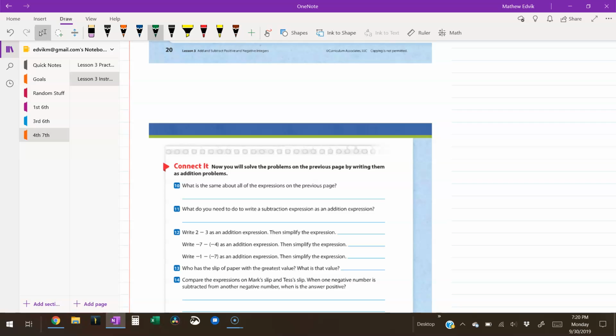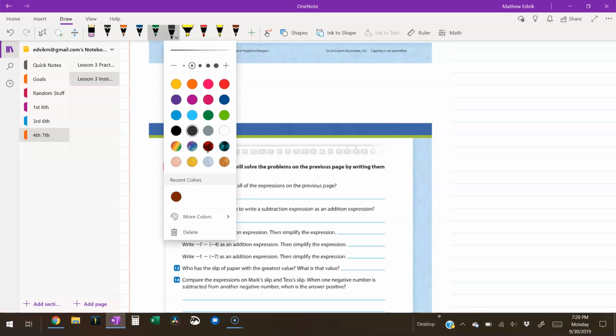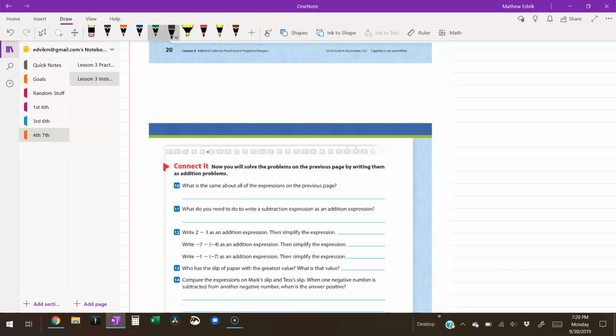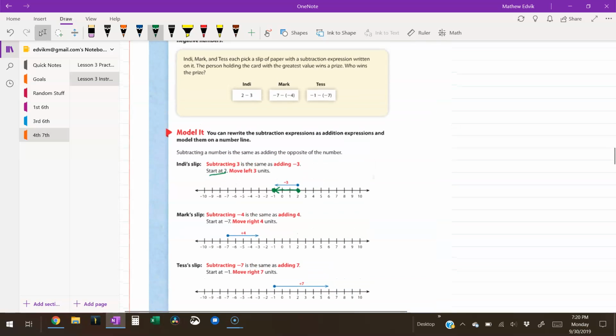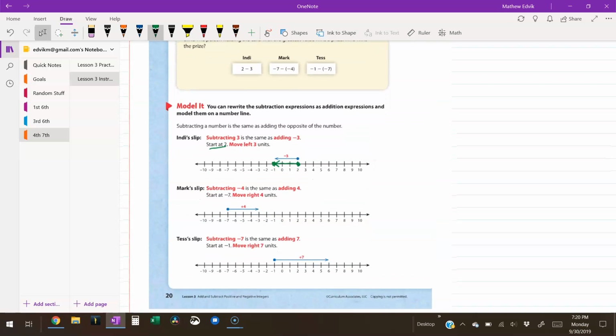Looks like in number 12, we're going to write it as an addition expression. So we could go ahead and just do that and say that 2 minus 3 is 2 plus negative 3. Okay. So then we look at Mark,